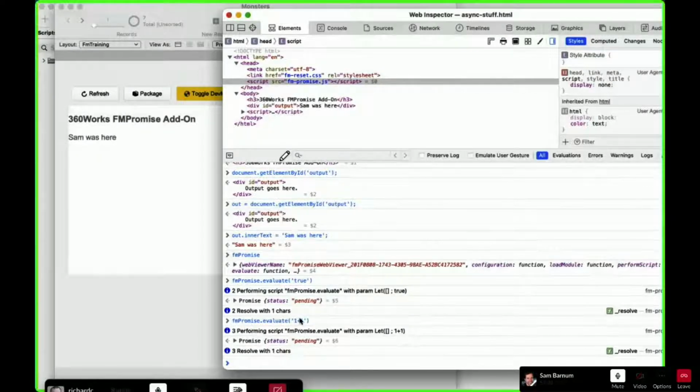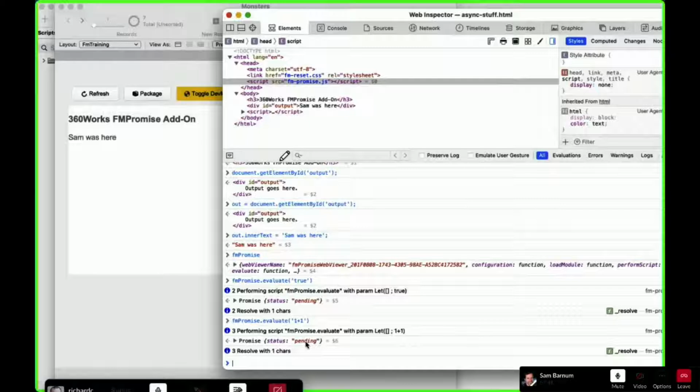We called this function evaluate, and it returned a promise. The status of that promise when it got returned was pending. Again, a promise is something that will have a value in the future, but it doesn't yet because it happens asynchronously. Okay, so stop. So is 1 + 1 then like a variable name?